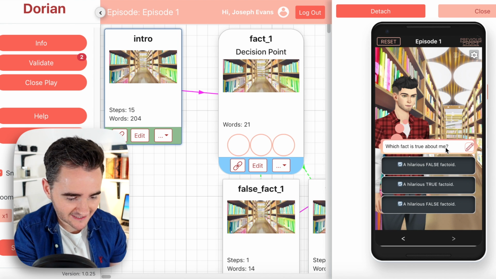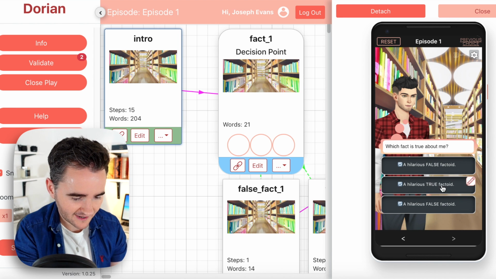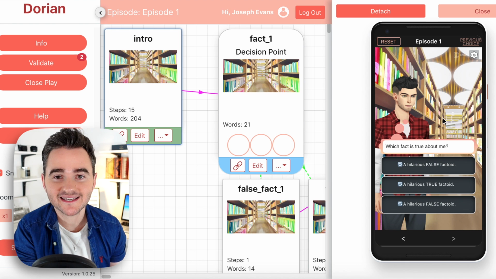Which fact is true about me? So we have 2 false facts and 1 true fact. So let's fill in the true fact first. A fun true fact about me is that I have 1 brown eye and 1 green eye due to a